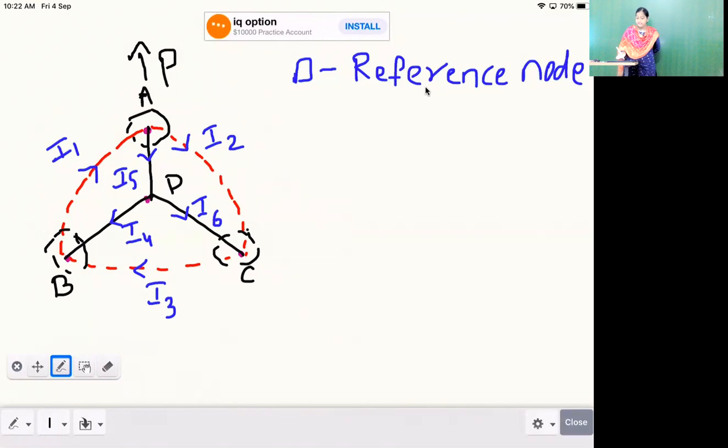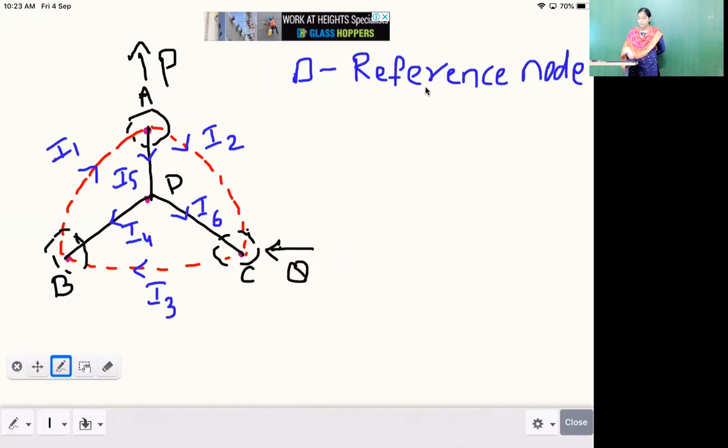Okay, similarly, coming to C. Now, if I see C here, the currents associated with C are 2, 6 and then 5. In this 2, 6 and 5, 6 is my branch. The remaining I2 and I3 are the links. Now, I have to go according to the direction of the branch, which is the sixth branch. According to this, this current is entering the node C. So what will I do? I will draw one arrow mark showing the current entering the node and I will rename this node as Q.